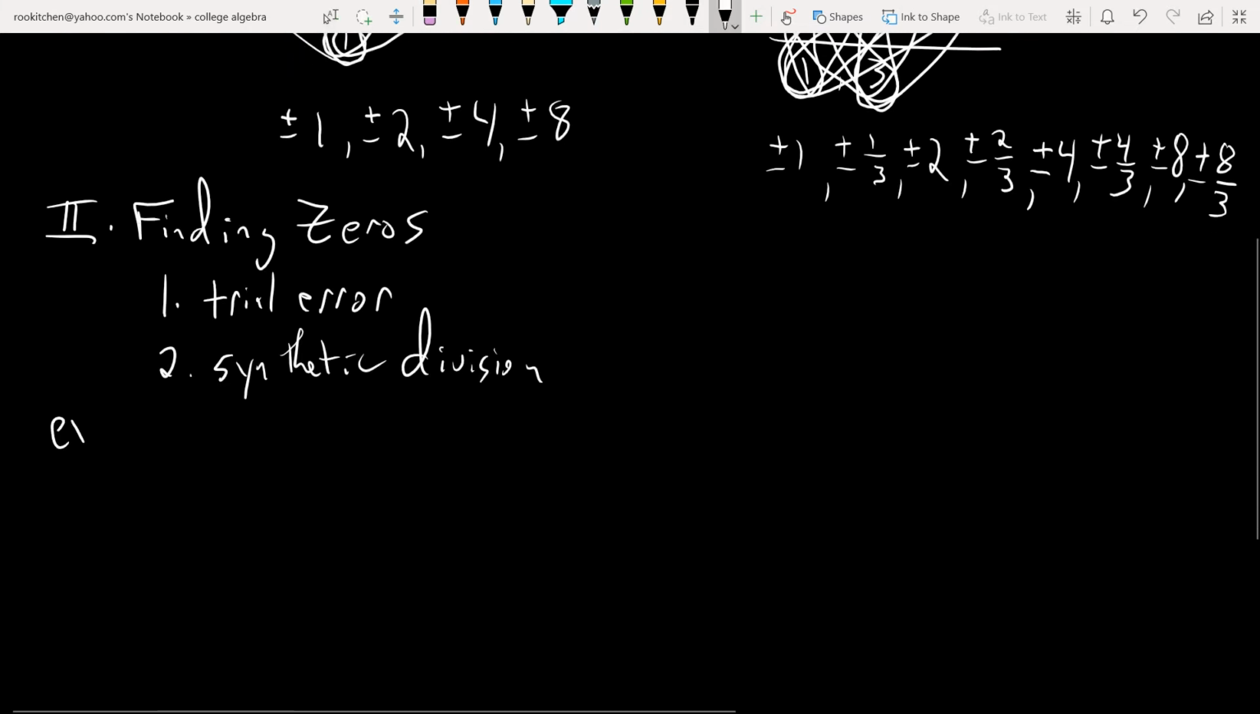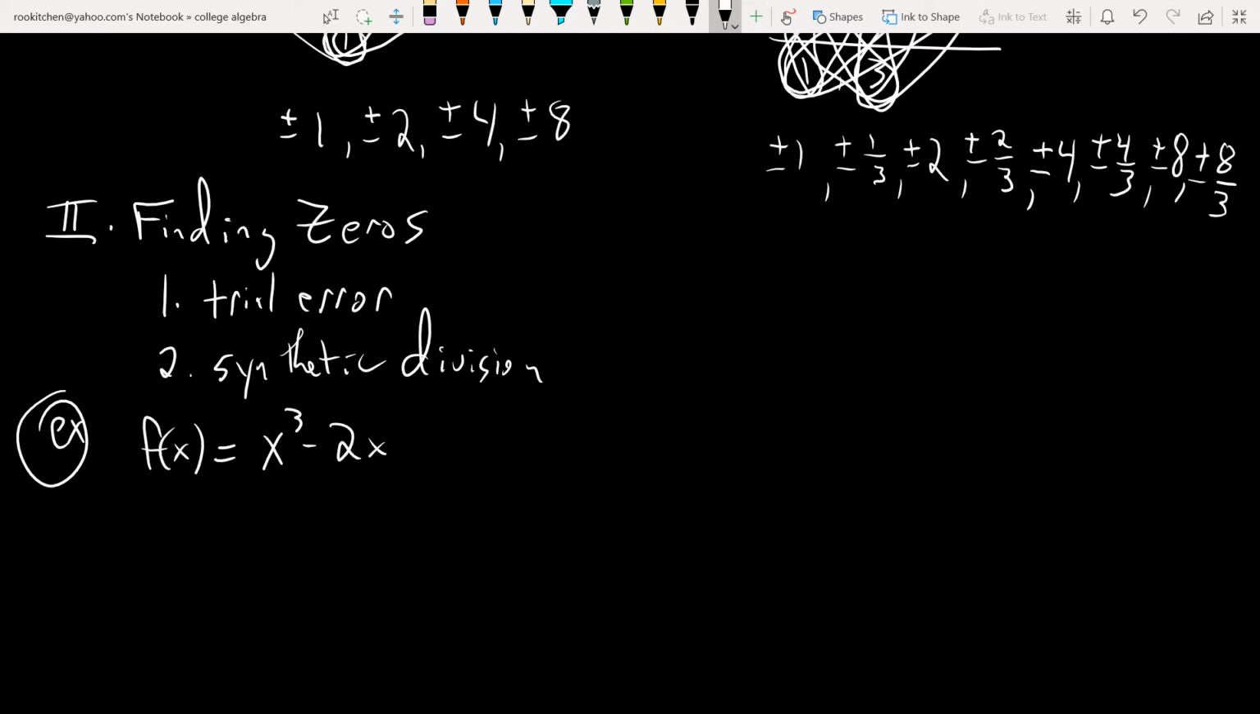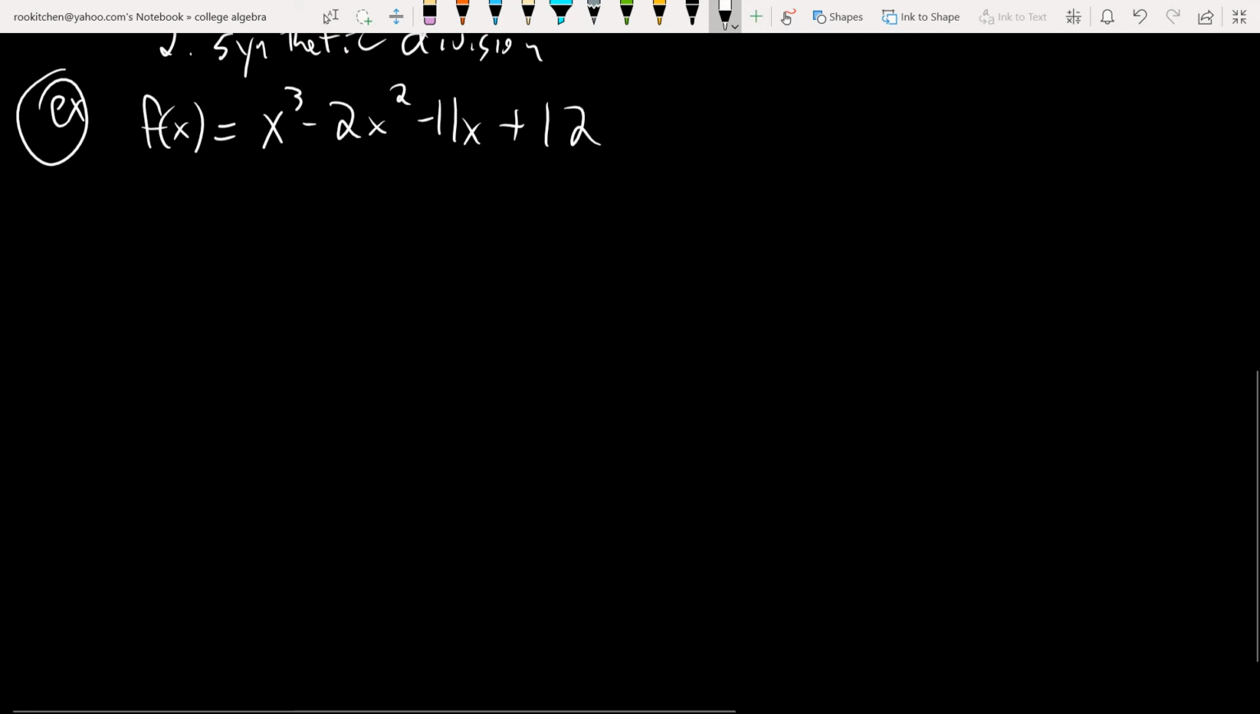Here's an example again from the book. We have f of x equals x cubed minus 2x squared minus 11x plus 12. First off, get the possible zeros. I'll just say PZ. So the things that divide into 12 are going to be